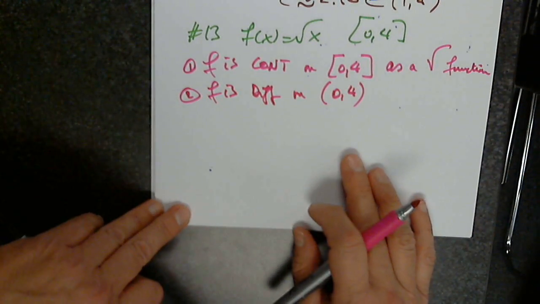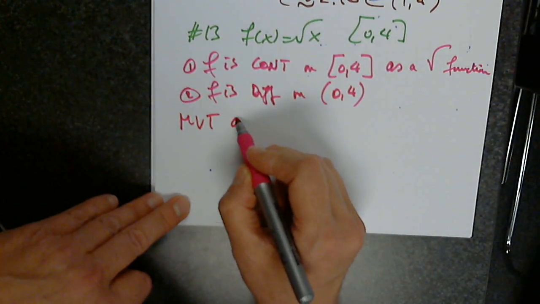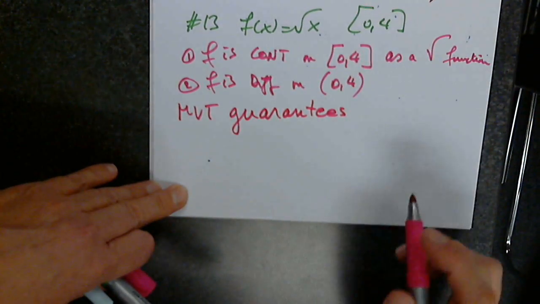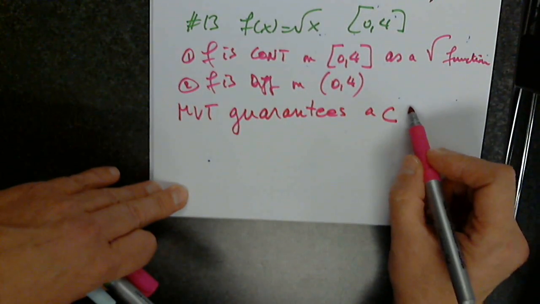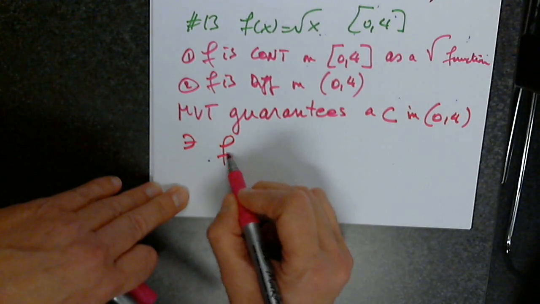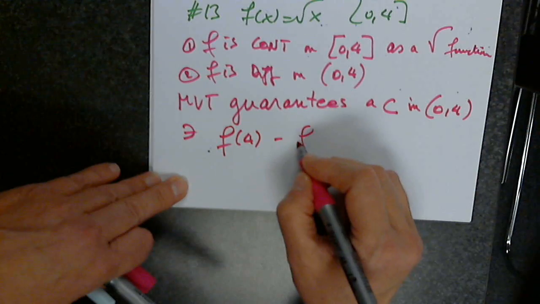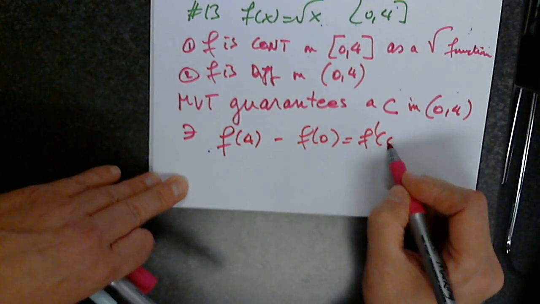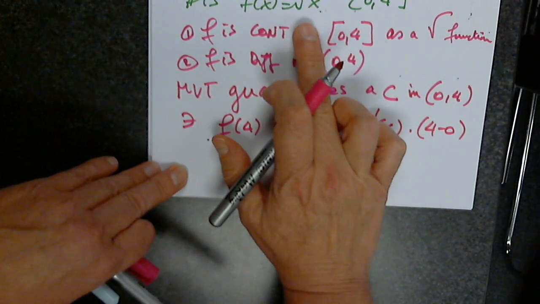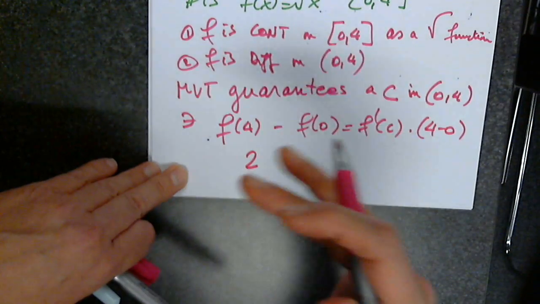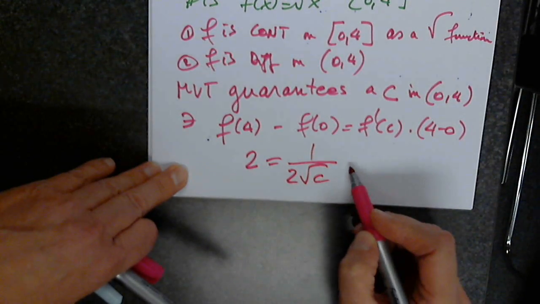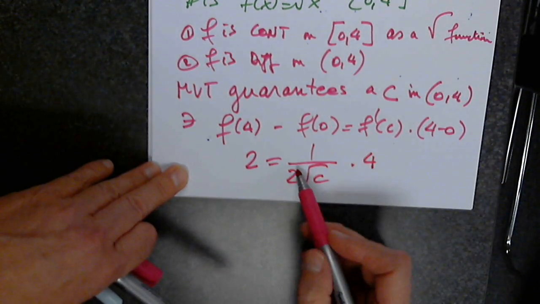Therefore, MVT guarantees, what does MVT guarantee? A C in the interval 0, 4 such that f of 4 minus f of 0 equals f prime of C times 4. Okay, I will simplify